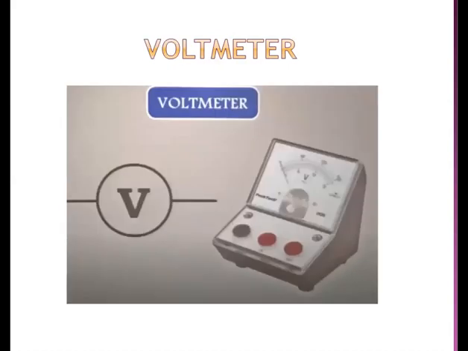Likewise, we can also measure voltage. Now, this is the picture of a voltmeter that is used to measure voltage, or the potential difference between any two points in a given circuit. As you can see, from these markings or readings on the voltmeter, we are able to see the value of voltage. And in the circuit, the voltmeter is depicted by this symbol.